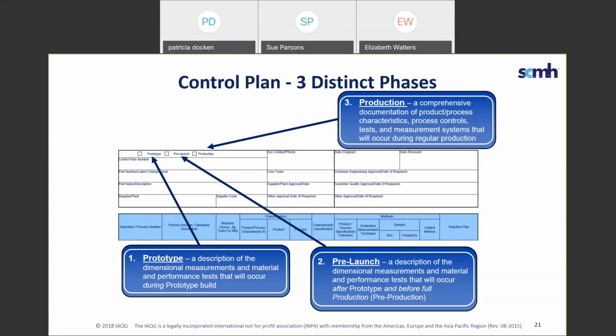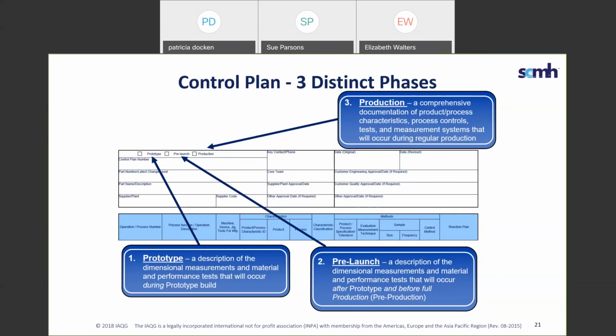And so the activity should start once the preliminary design is released, and then it should build upon that preliminary process flow diagram that we created in phase one. During the pre-launch or pre-production phase, the number of controls may typically be higher than during full production, since we haven't really identified and removed all the sources of variation yet. So during the production phase, we want to make sure that we capture all of the inputs that need to be controlled to make sure we get good product outputs.